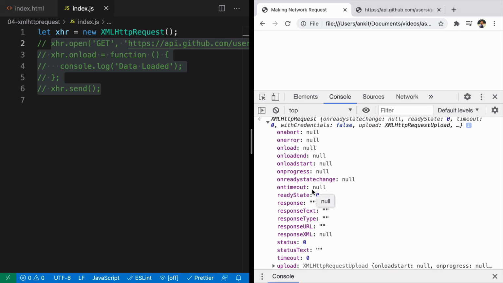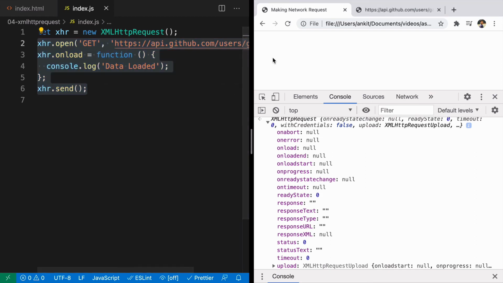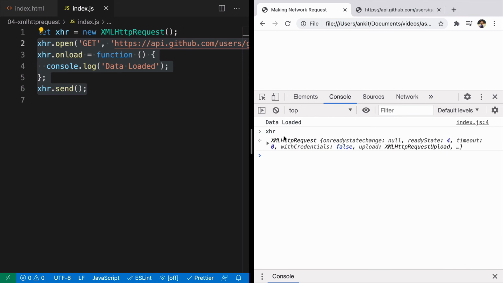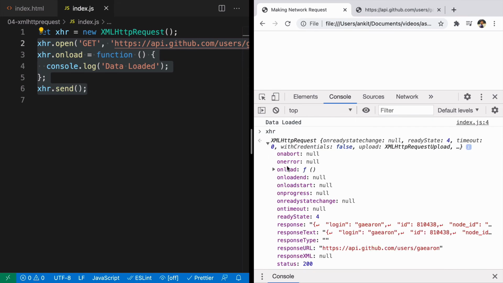But what if we uncomment this and refresh again and look at XHR? In the starting it is going to be null. But as soon as you provide a URL and send the request, and you also added a callback function to onload, whenever it is done, this function will be called. And that's why we see the message data loaded.